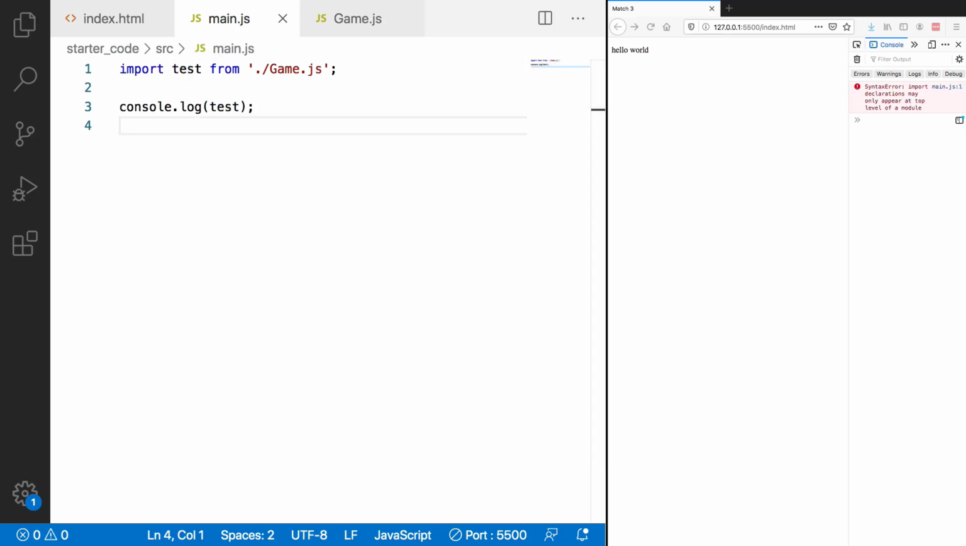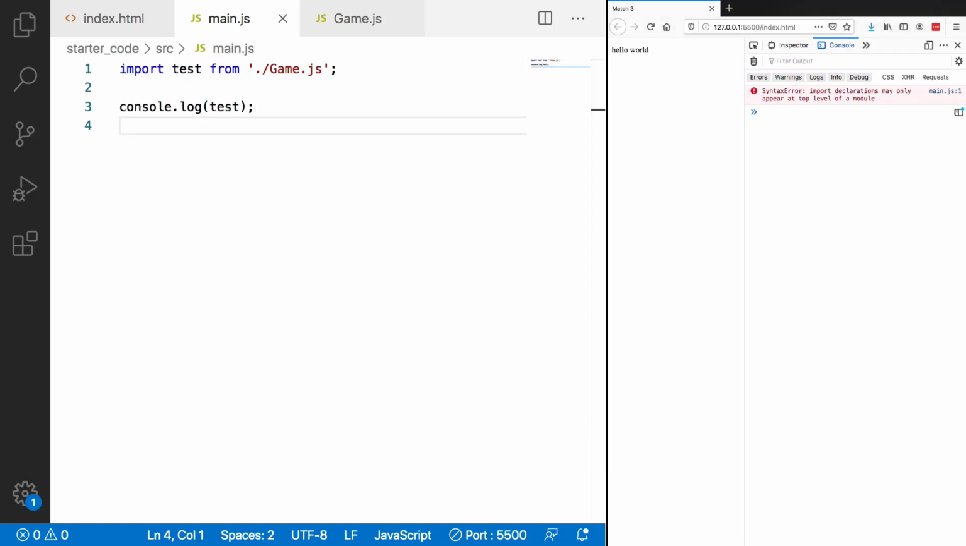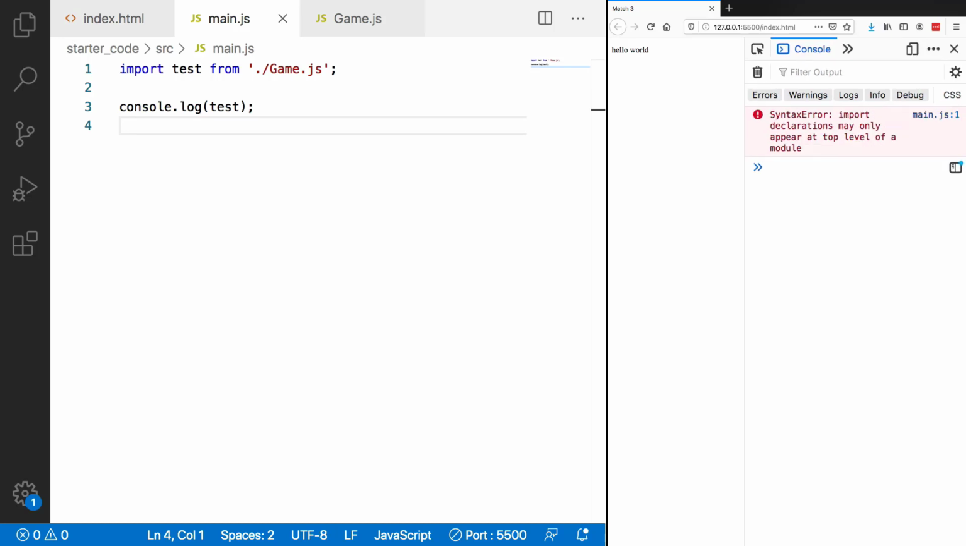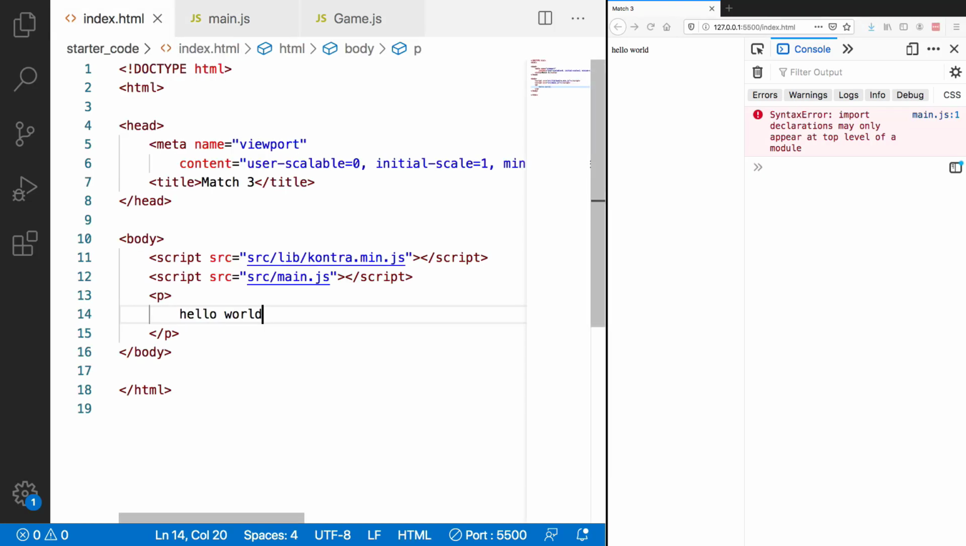So if we go ahead and take a look at our browser, we should see an error. What we're seeing is a syntax error: import declarations will only appear at the top level of a module. This is a browser warning for when you try to use modules without explicitly telling the browser that we're loading a module. To fix that, on our script here, we just need to add a type attribute, and we need to set it to